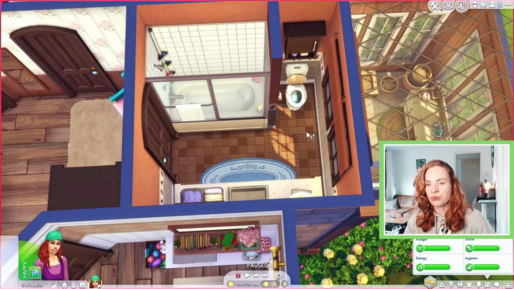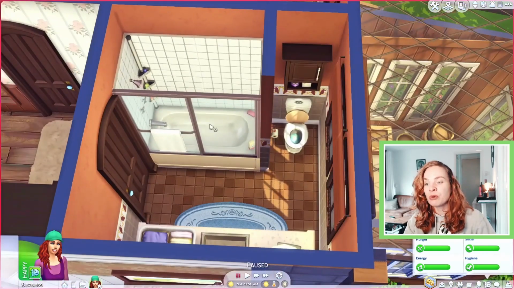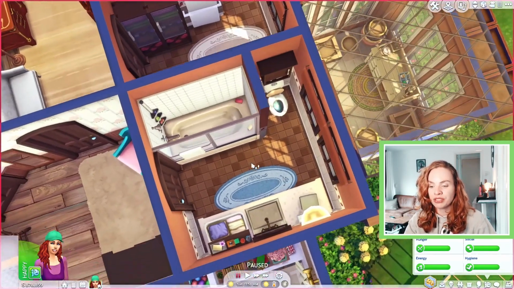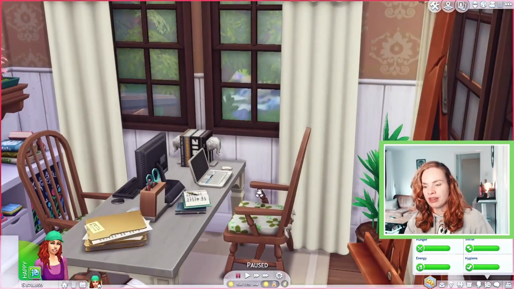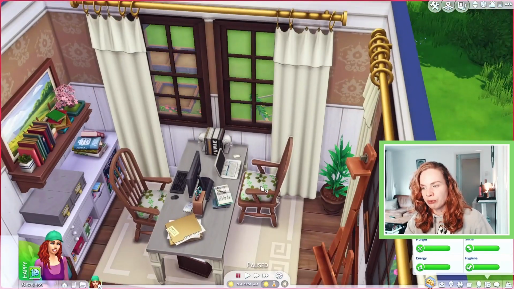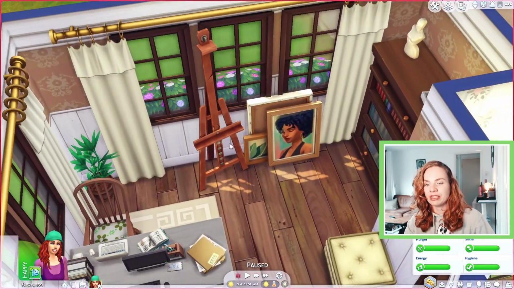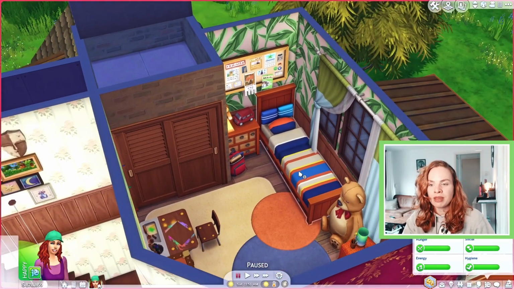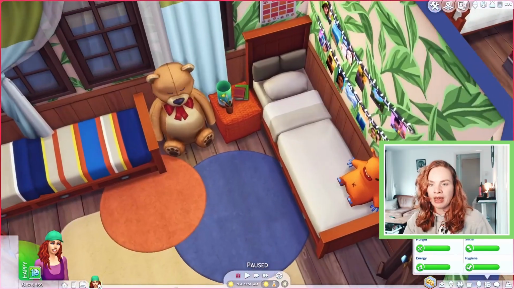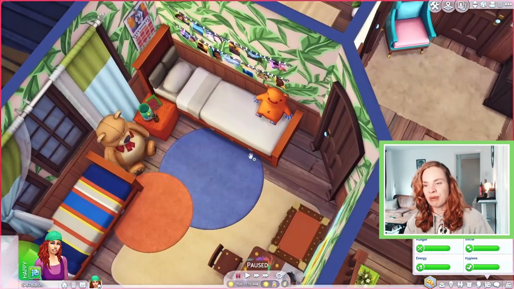And then next to the parents' bathroom, we have the shared whole bathroom upstairs. And this one has a shower tub combination. So if you want to have toddlers in this house, you can definitely do that. Here we have the shared office space, which I think is really cute. And I just wanted to place down an extra skill building item in here. So I just placed down an easel. And then over here we have the kids' bedroom. I love the color scheme in here. It's something that I never go for, but I don't know. I think it's such a cozy little shared bedroom and I would love to have a bedroom like this as